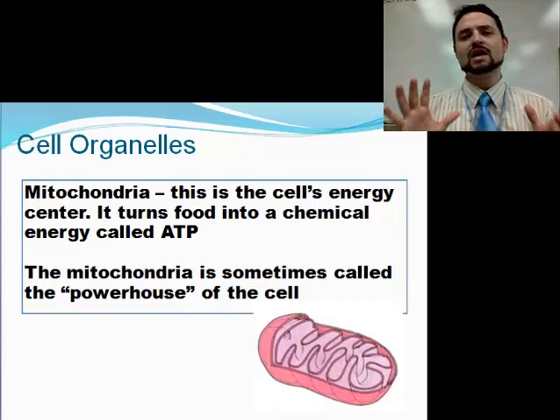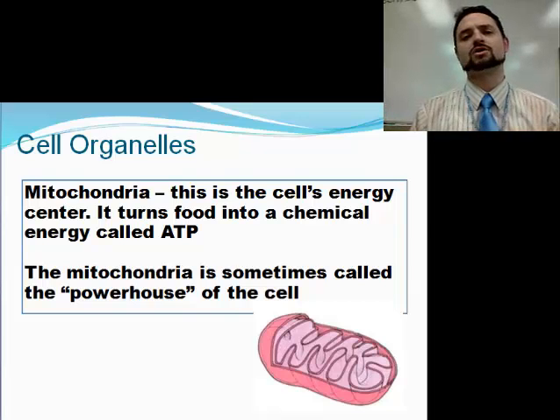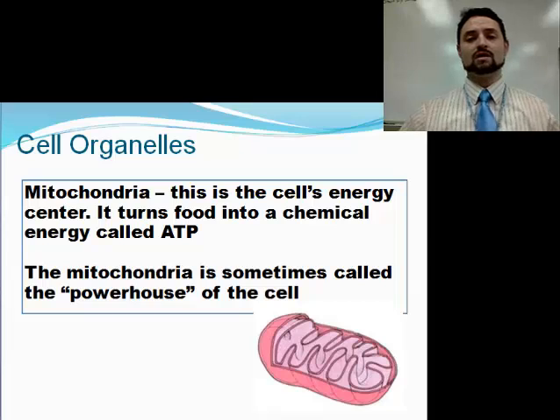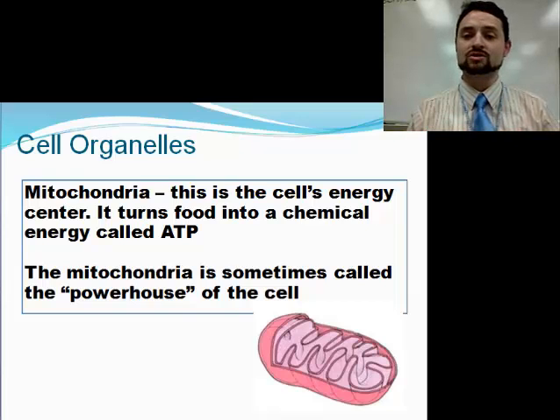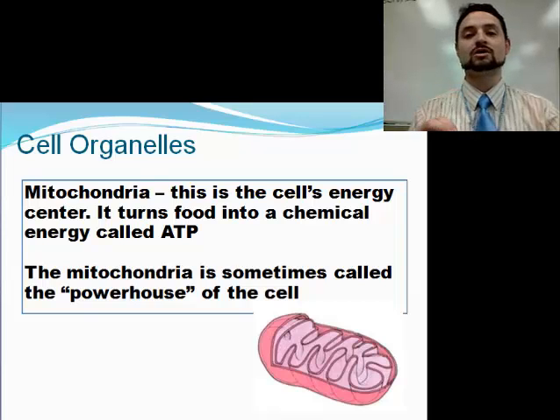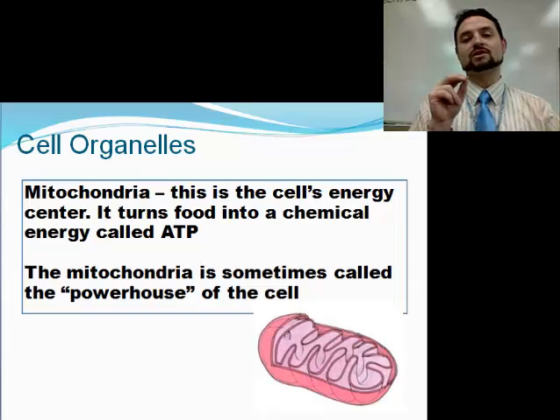The mitochondria, every eukaryotic cell has a mitochondria. Even the plants, although that's a common misunderstanding, many people get involved in photosynthesis and they forget that plants also have mitochondria to do cellular respiration, because mitochondria is the cell's energy center. It turns food chemical energy into ATP. If your cell does not have mitochondria, it cannot make ATP energy from the sugar,